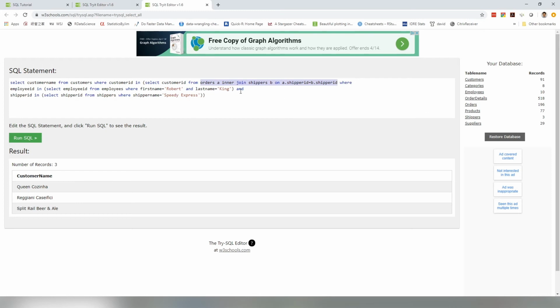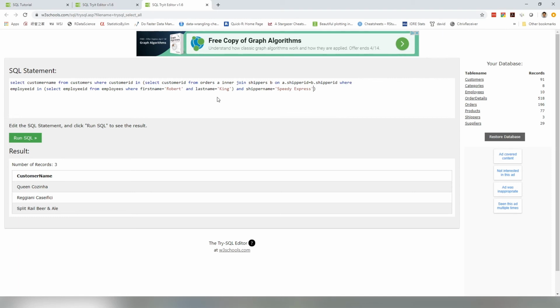So in this case, we do not have to use this shipper ID in this subquery anymore. We can just use the shipper name directly because inside this subquery we have a join table, and inside this join table we have information from the shipper's table directly. So we can just remove this. So we just use the shipper's name here and equal to this one. So that will give us this type of